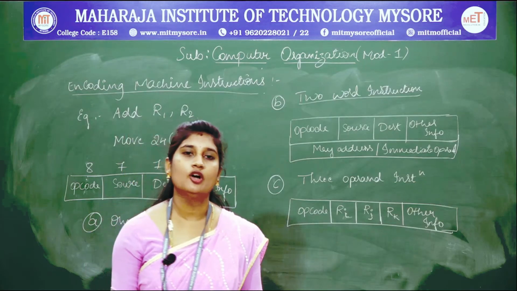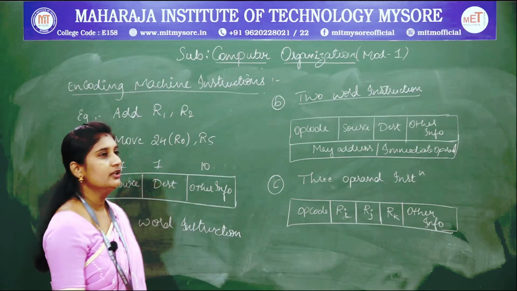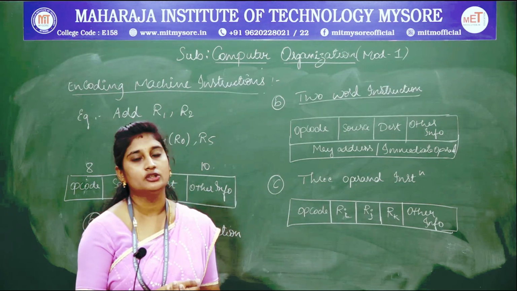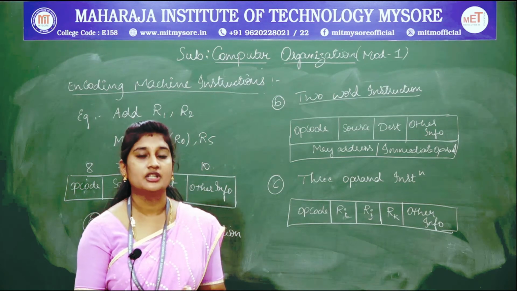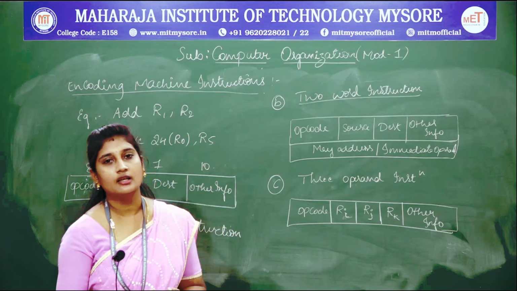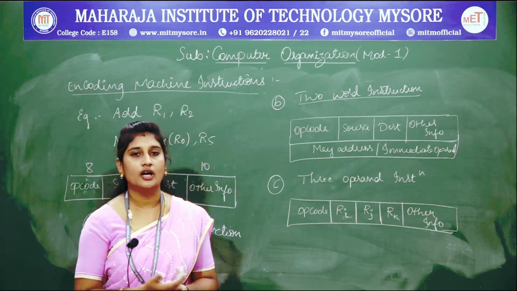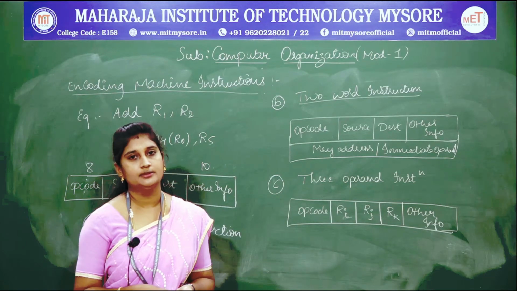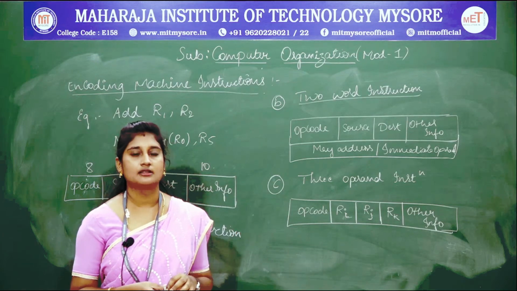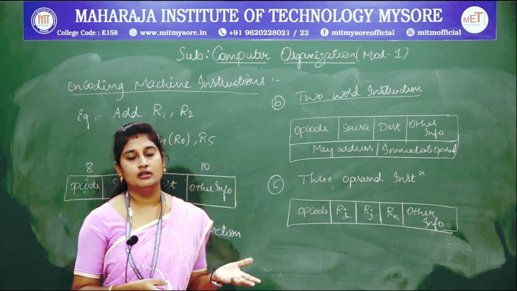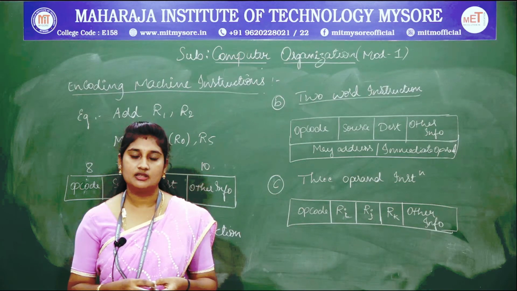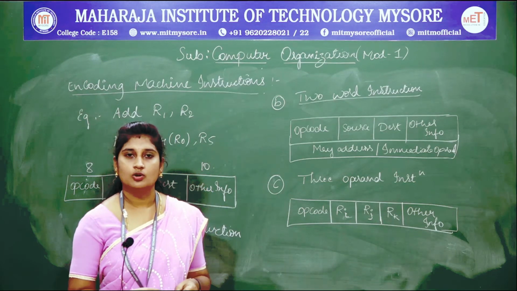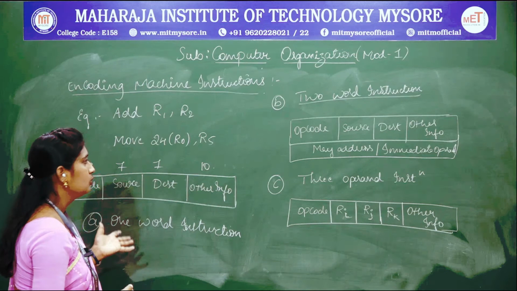Coming to the encoding of machine instructions, as you already know, the mnemonics and the rules on their constituents you will be calling assembly language. But the computer does not understand higher level languages, so you need to convert the source program to your object program. In the last section we discussed the same topic. The system software responsible for converting your source program to your object program is the assembler.